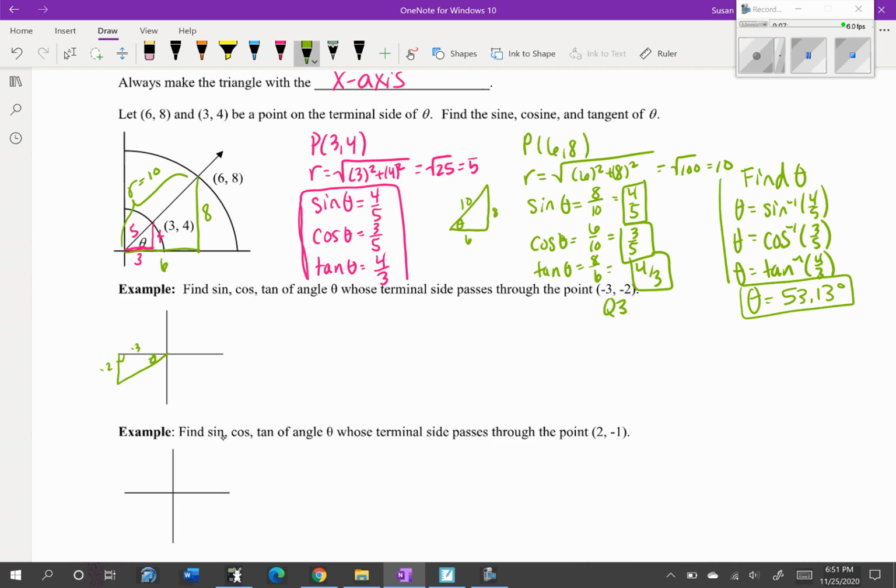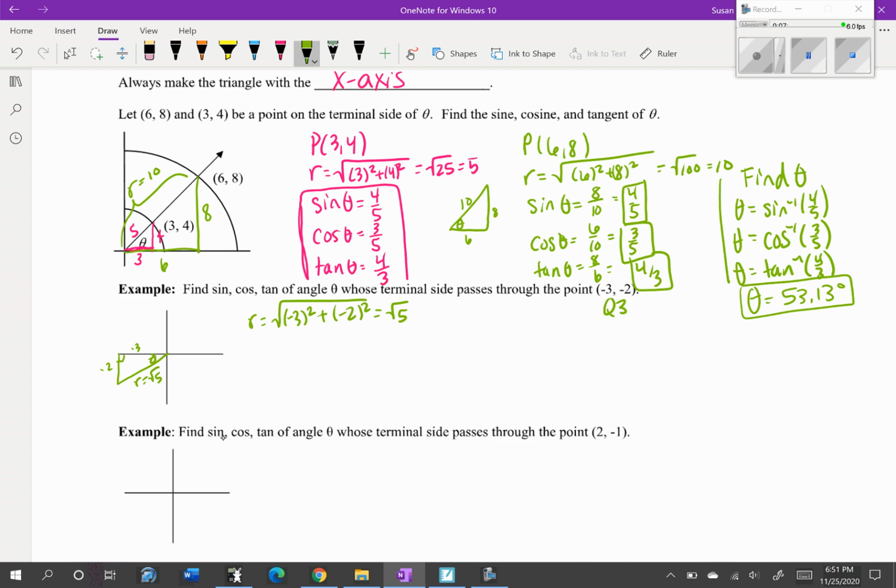So our triangle's made with the x-axis on the negative side, and that would be our angle theta. So we just need to figure out what r is, our hypotenuse. So r is equal to the square root of x squared, so -3 squared plus y squared, -2 squared, which gives us